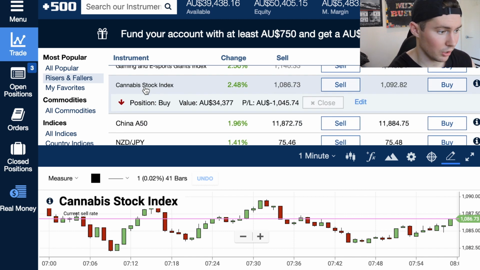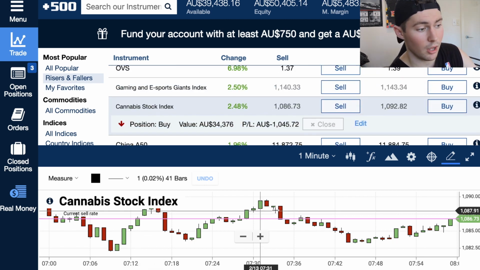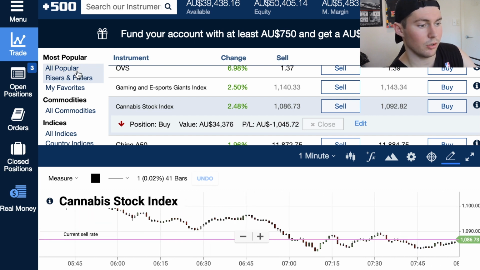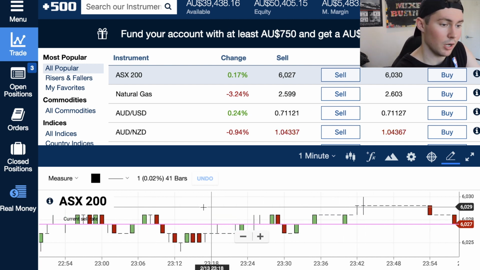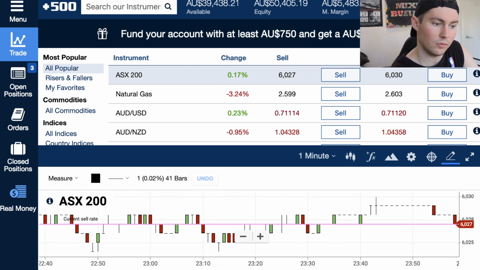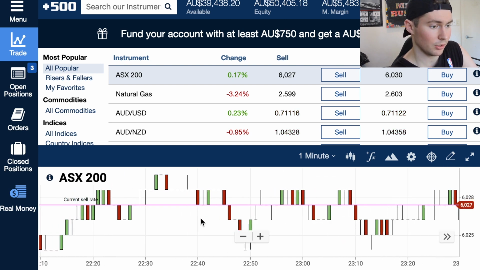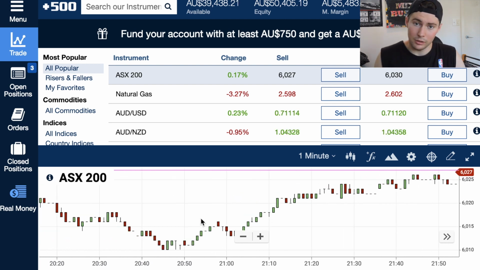So when we click on one, we get this graph similar to the ones on Commsec. However, you have a line which is the current sell rate, which is basically an indicator of where people are selling on the market today, and basically what's a fair value for your stock. So you can see here that it's got these candlesticks again, but this is very useful because we can talk about a little bit of